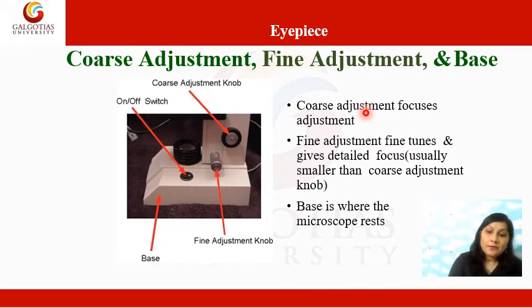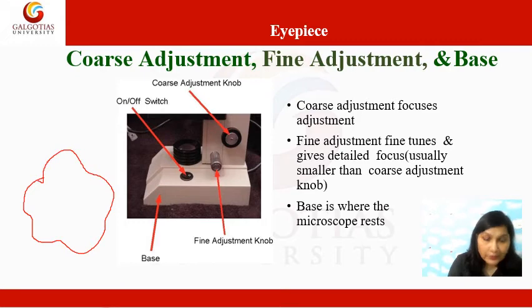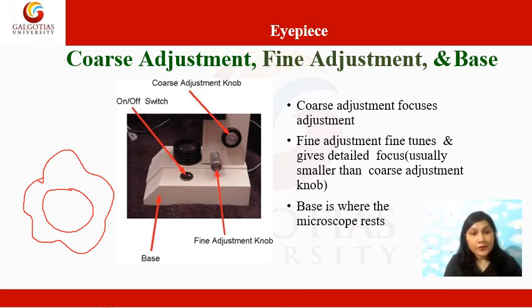Okay, I am going to explain the application of these two types of knobs by an example. Suppose you have to study an animal cell using your compound microscope. First you have to decide the distance of the objective lens, that is, how far your objective lens should be from your object to get a clear image. Suppose after adjustment using the coarse adjustment knob, you will get a picture of this cell in this manner.